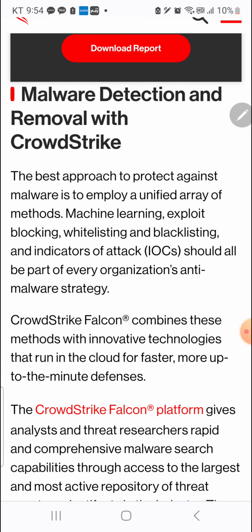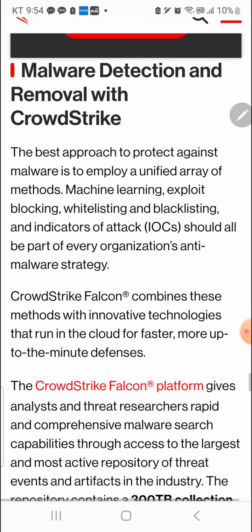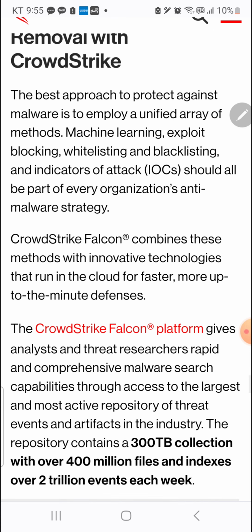Machine learning, exploit blocking, whitelisting and blacklisting, and indicators of attack (IOAs) should all be part of every organization's anti-malware strategy.